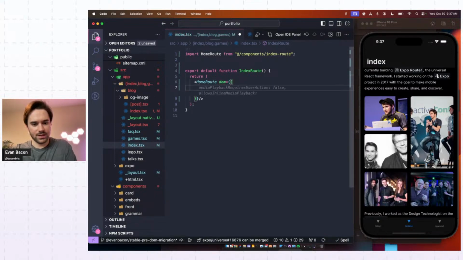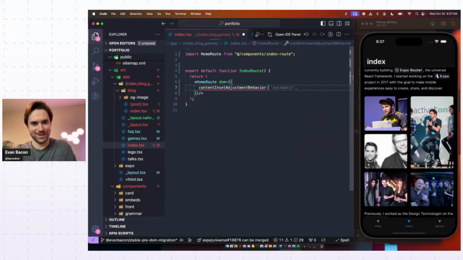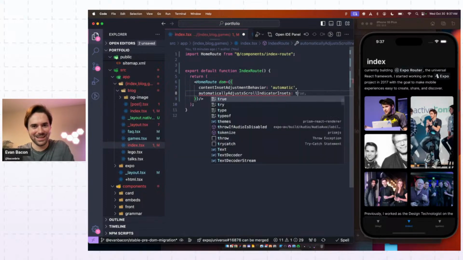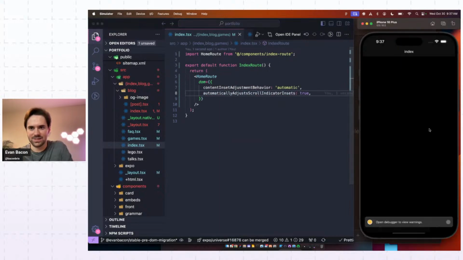DOM. And then we need, what is it? It's content inset adjustment behavior. There we go. Nice and concise. But then there's some other ones, like, I know if you type auto, you get it. Okay, automatically adjust content inset. I don't know why. It feels like that serves the same purpose as this other one. Whatever. True. So this will keep the scroll bars moving around. So I think if we save that now,